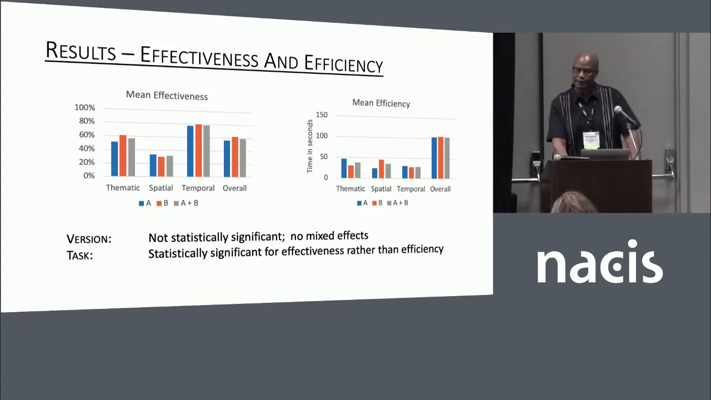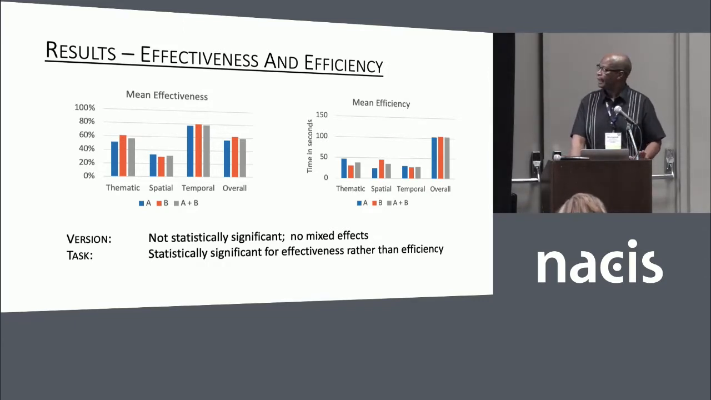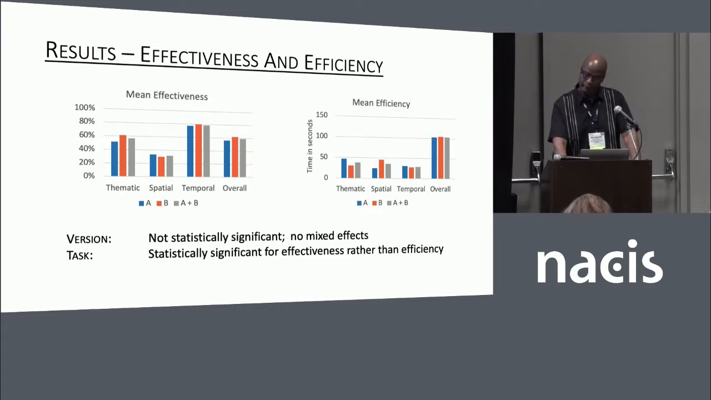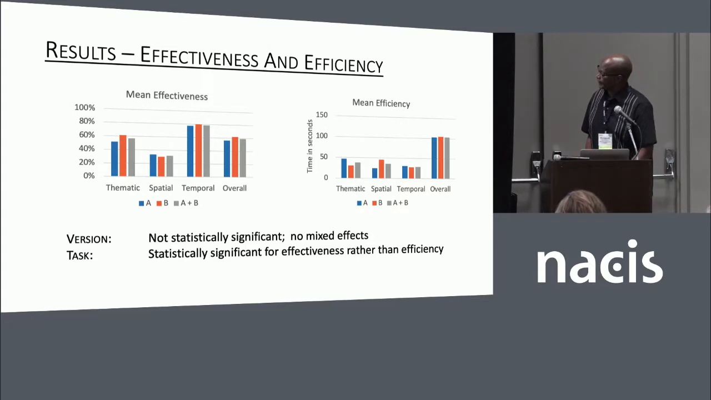Our results in terms of effectiveness and efficiency show that across the 2 versions, there was no real statistical significance caused by the versions in terms of the performance, and there were no mixed effects at all. However, we found that tasks might have been significant, particularly in terms of how they affected effectiveness. You may see from the graphs over here that